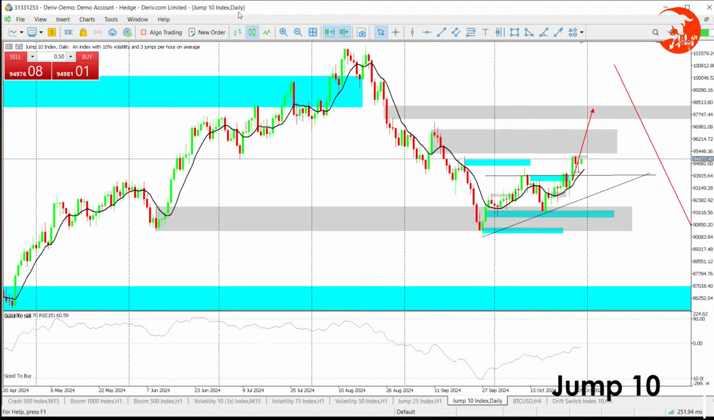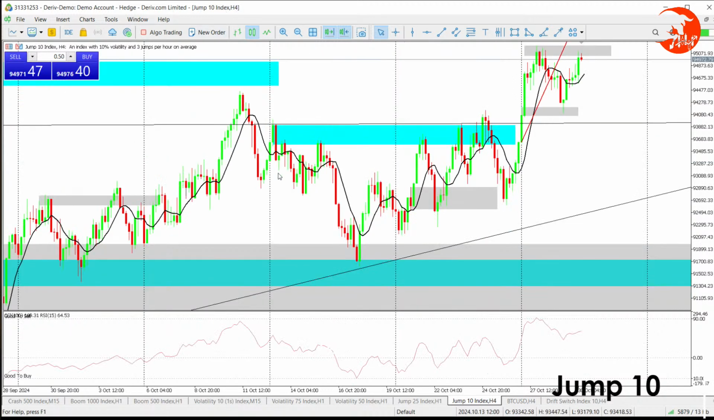So we head over to daily, look for our buys to take us up to that fair value gap or even the order block above there. Then head over to H4 and look at that. So we're going to start with H4. So H4, if I put my fib there,